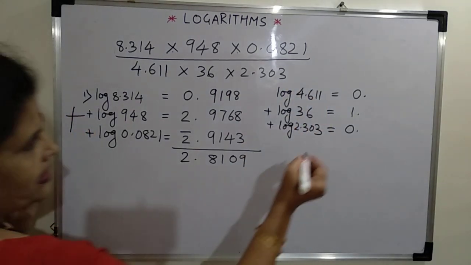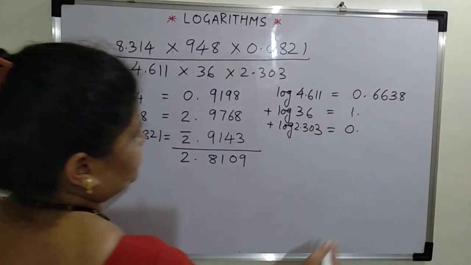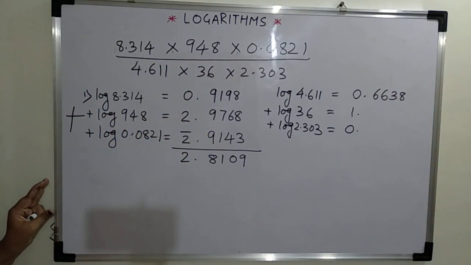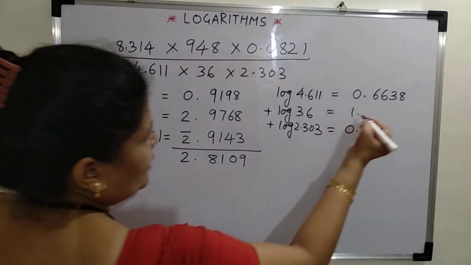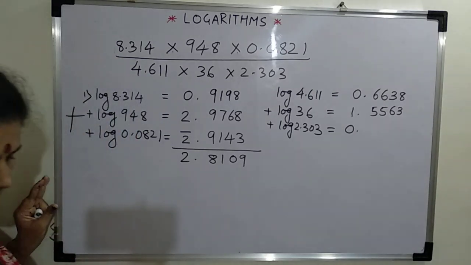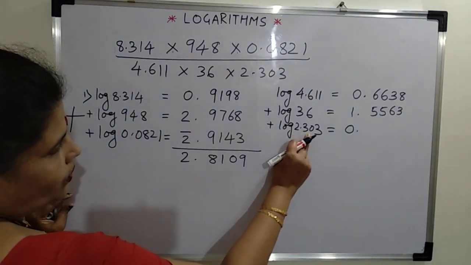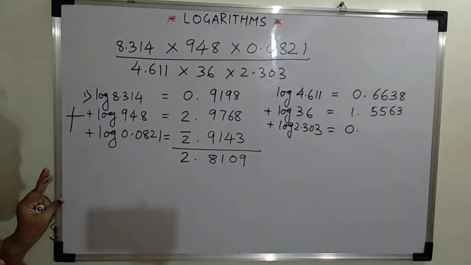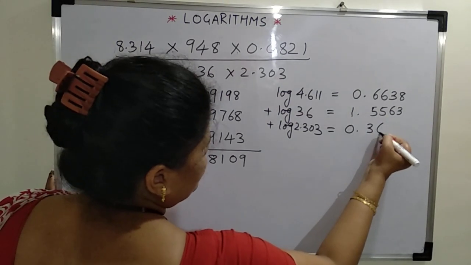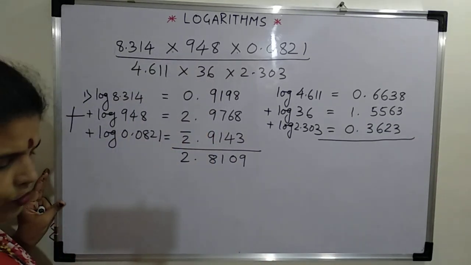So this value is 6638. 36 under 0, so value is 5563. The next value is 23 under 0 plus 3 mean difference. So this is 3623. Total comes out here